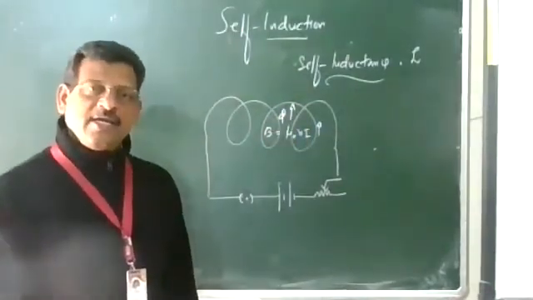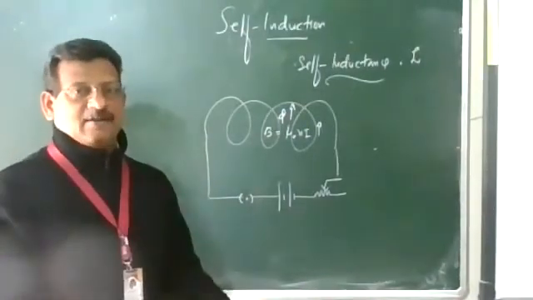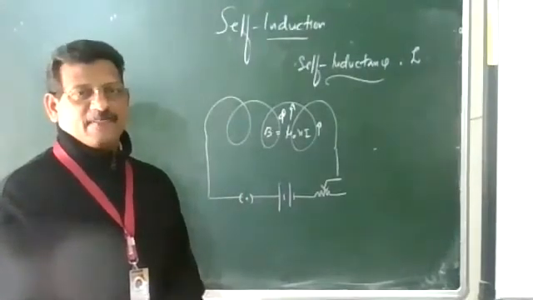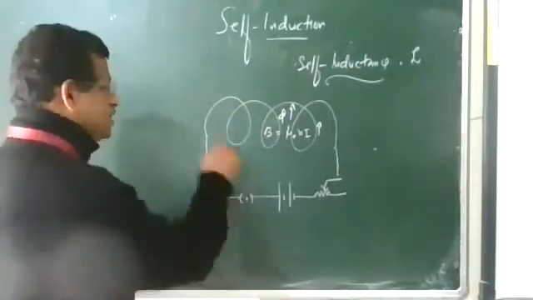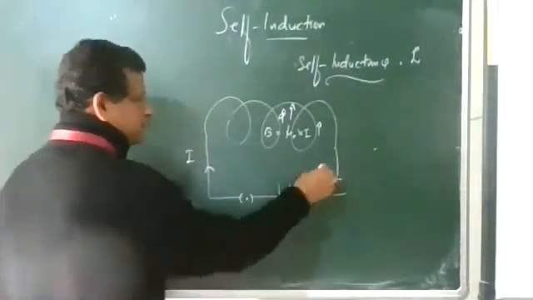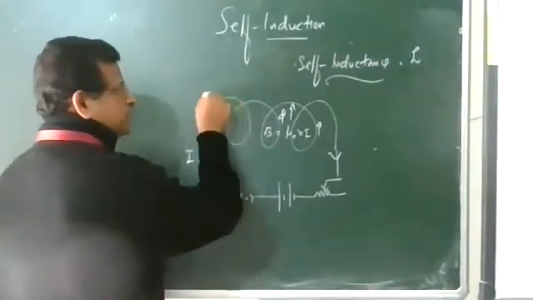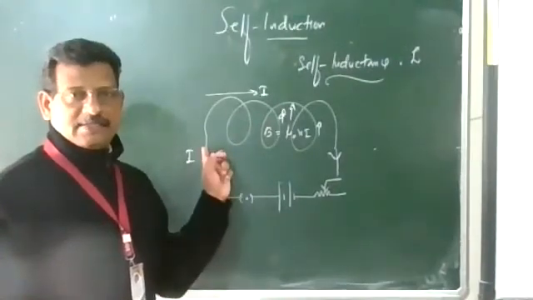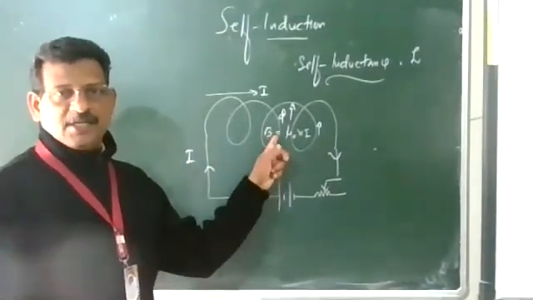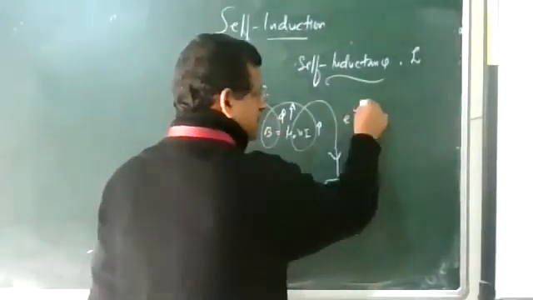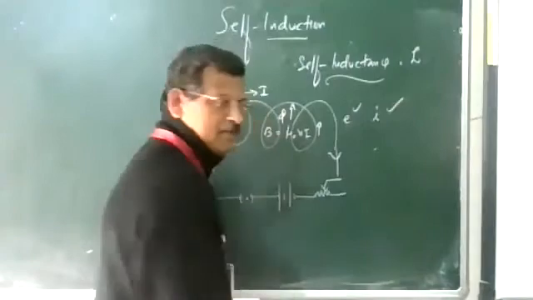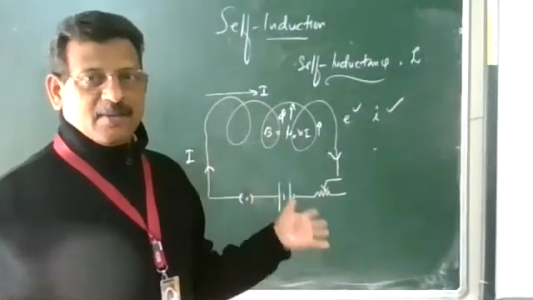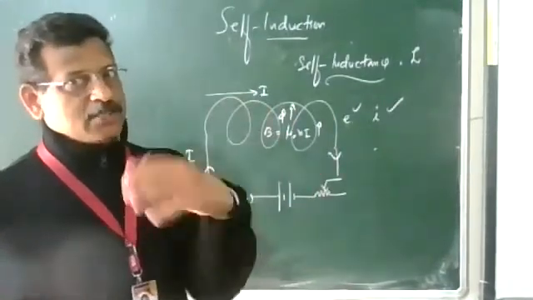So a current is induced in the coil itself, which opposes the increase in the flux through it. The battery current is going in this direction. When you make the circuit, the current increases, the magnetic field increases, the flux increases. Therefore an EMF is induced, and hence a current is induced in the coil itself. The battery current is also going, but this current is induced in the coil itself. What will this current do?